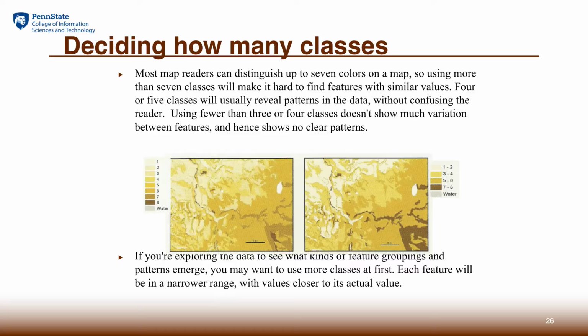Which way will cause you to see the pattern? If you have more classes, it may reveal more detailed patterns, but if you don't need those patterns, they are more confusing than informative. On the other hand, if you use fewer classes, some of the detailed patterns may be hidden. It doesn't reveal some of the variations that you may be interested in seeing. So it's a trade-off. What you can do is to vary the number of classes and make multiple of those maps, and then by reading these different maps, see which way gives you the best balance.